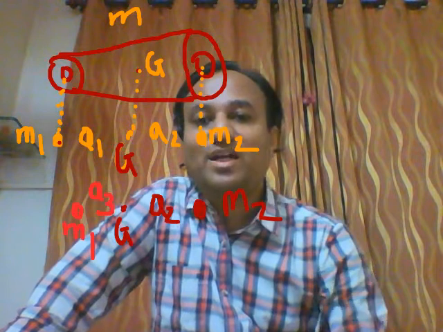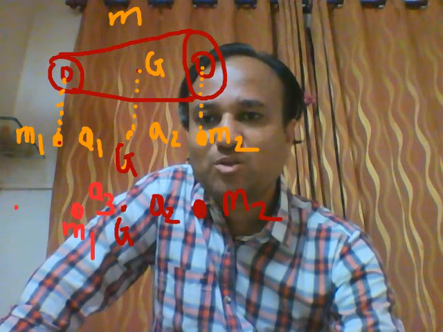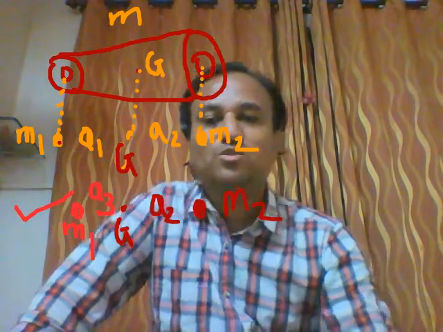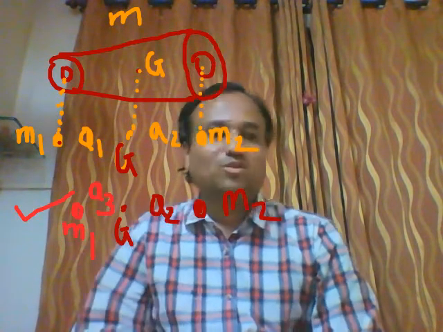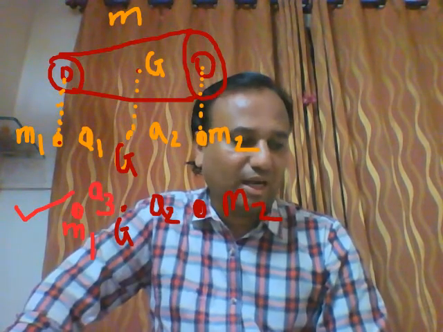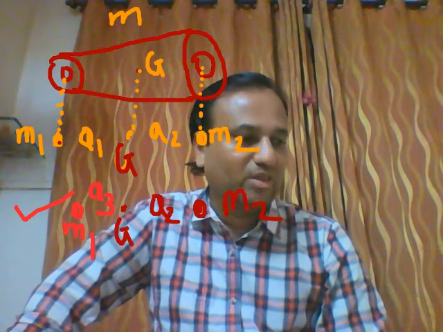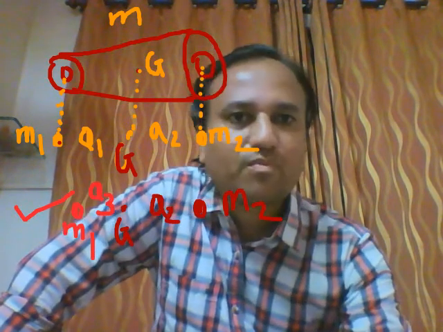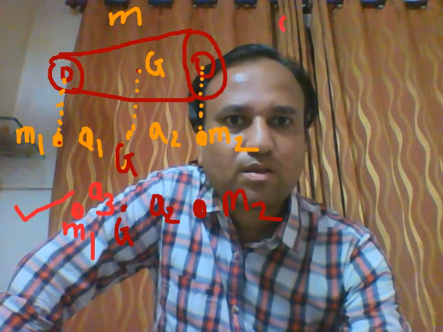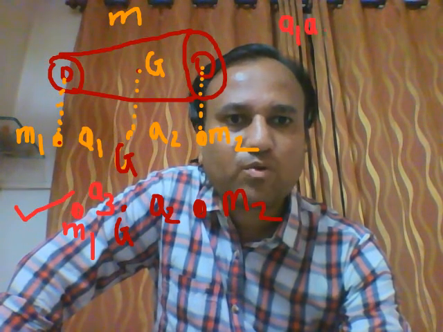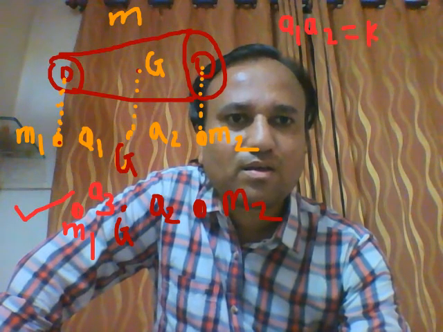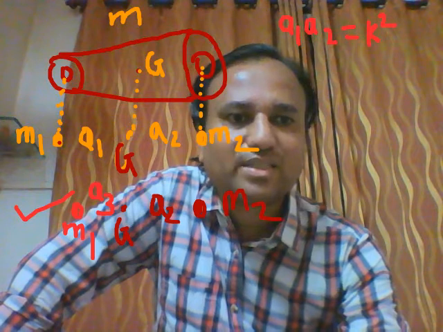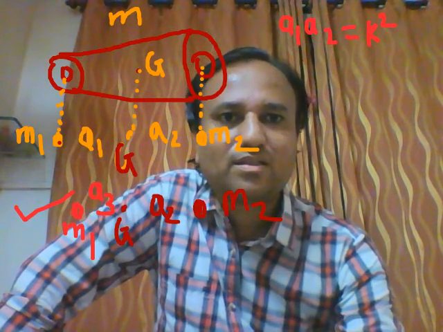So calculation of M1 and M2, you must consider this second case now. The calculation of M1 and M2 will be different. How to calculate M1 and M2, that we will discuss. Now student, A1 and A2 will be the k square as per the first case is concerned, right?